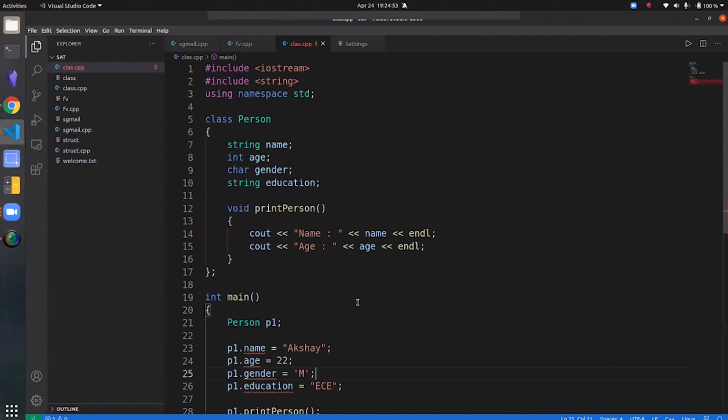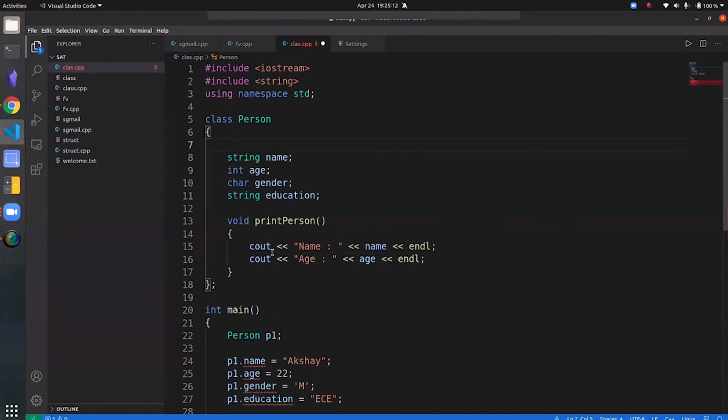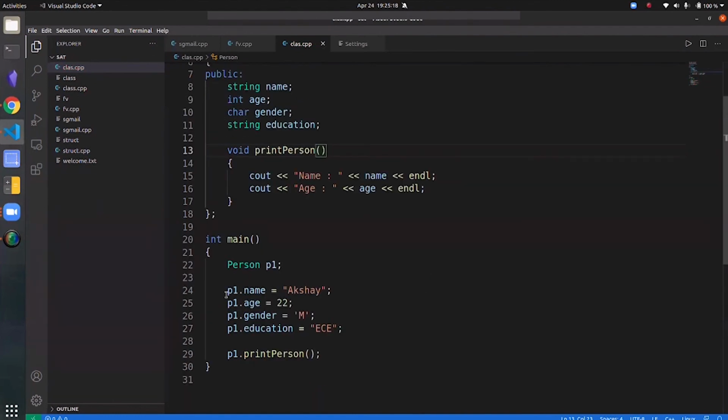It means that all of these member variables and this member function are private by default. You can't access them unless you explicitly specify that you want them to be public. So if I want them to be accessible, I have to mention a special keyword. I have to say public, and then I have to save it. Now the errors aren't there anymore. So let me try to compile this again.